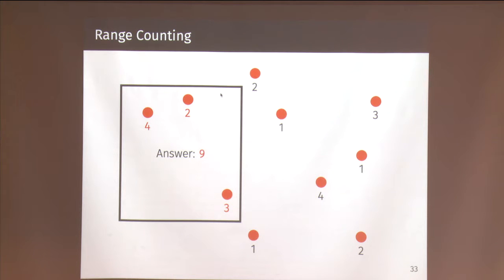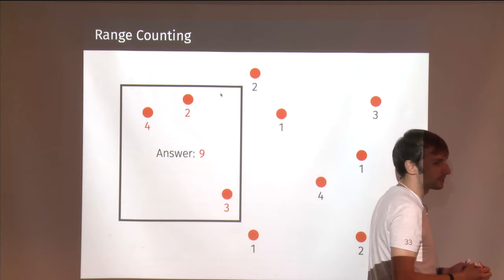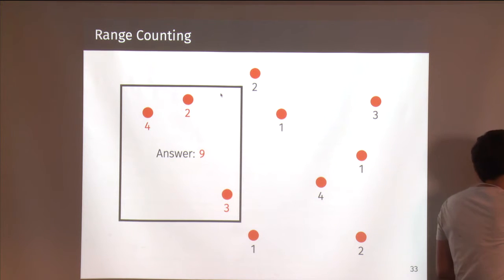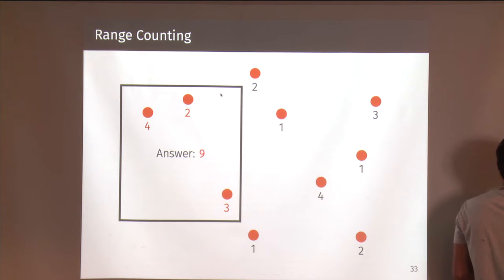And then for every set of points, each of them a point in R^d, and for every set of weights of these points, each of them some group element, we want to answer this query. So for every set of points, this range counting problem just becomes